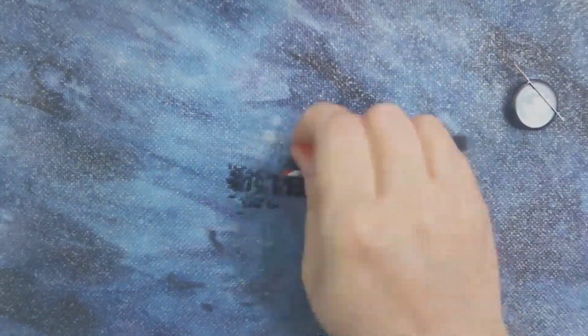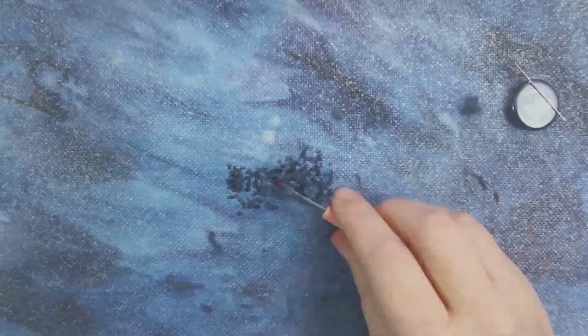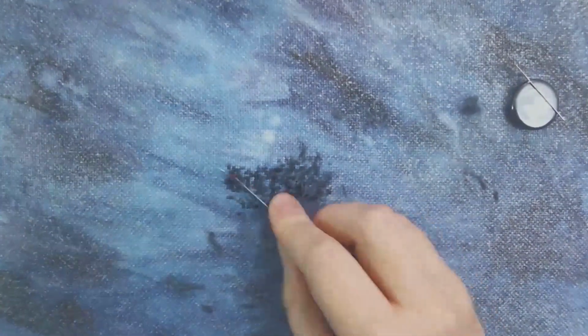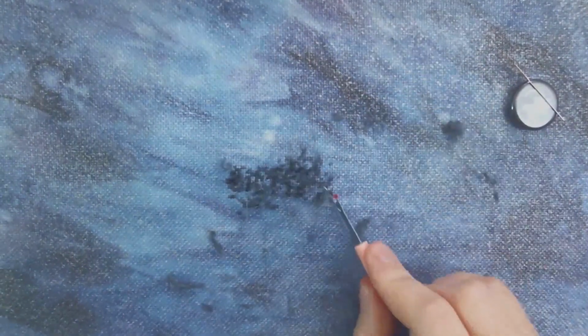This has been sped up about 800%, a little bit more than that. So it took me a long time to do this. It just is sped up so that it's a little bit easier to see. But you want to do that, and then every now and then when it becomes a little bit too difficult to see what I've already done, I take my scissors and just very gently, not quite touching the fabric, but